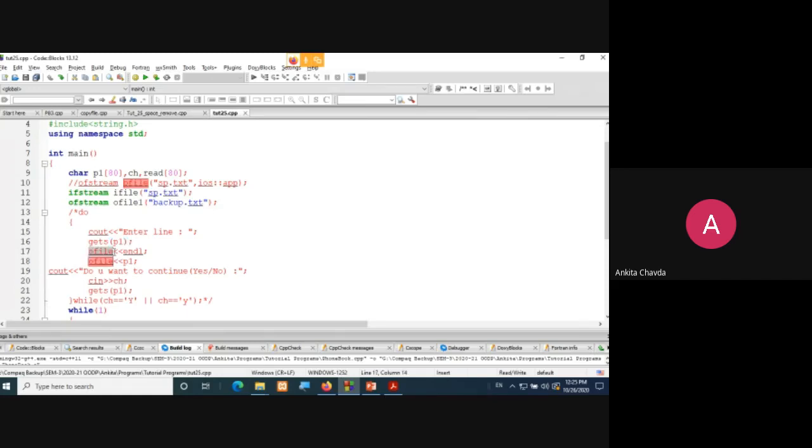Then whatever is written by the user, you will write into the file. For that you have this object. Simply you write the object and p1, so you are writing inside the file via the object. Otherwise what you used to write over here is cout, if you wish to write something on the screen. But here you don't want to write on the monitor screen. Instead, you want to write into your file, and for that you have the object ofile. So I'll simply copy that and paste over here. This is what you want to do.